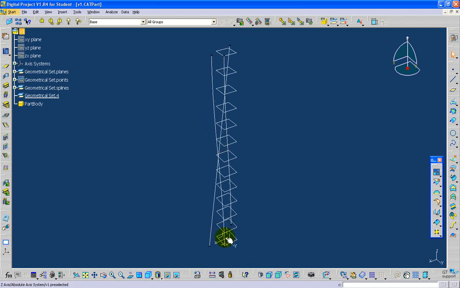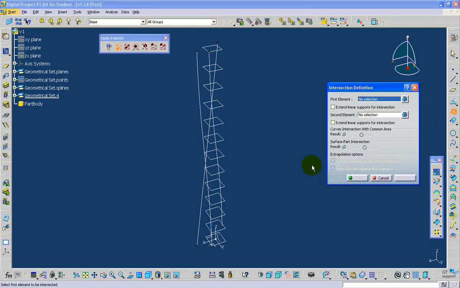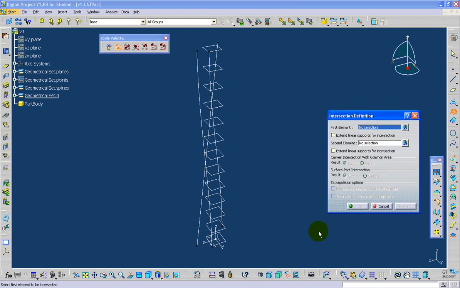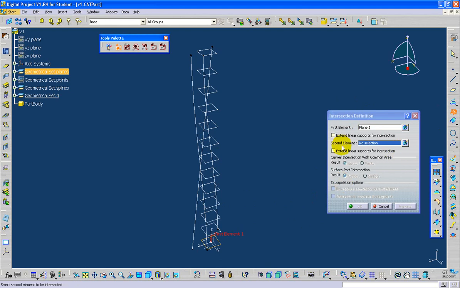So I'm going to create these 3 points on the intersection of this plane and my splines, and I'm going to constrain my further geometry to these points. So what I do is click intersection, and first element will be my bottom plane, and for second